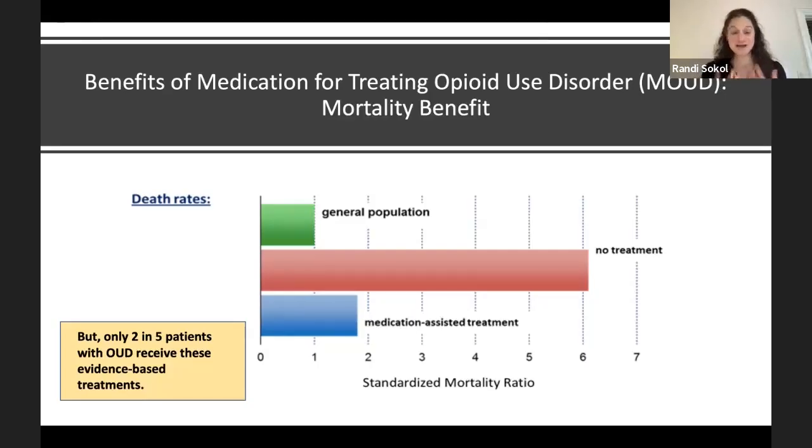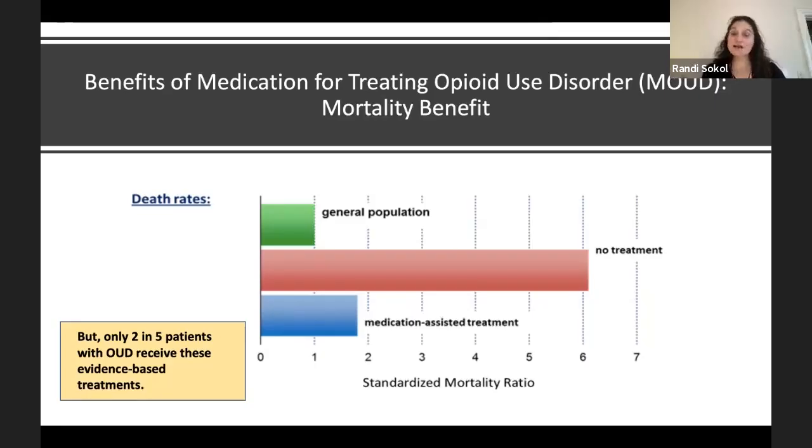I will say personally, when I started doing this work about 10 years ago, I really didn't know much about what I was doing. When I went through residency, I got no training in any of this. I barely even knew what Suboxone was. And then I entered a fellowship and I saw there was a need, and I talked to people and I developed mentors and I figured it out. And I think one of the things that I have learned, and that a lot of people who do this work, what I've heard from them too, is that,